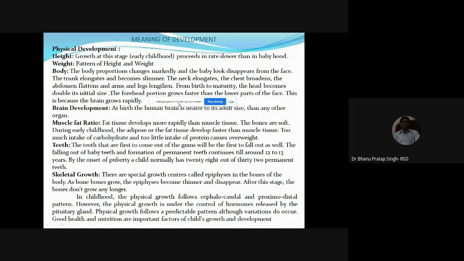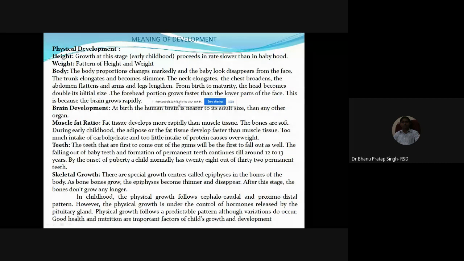because in childhood physical growth follows two patterns. One is cephalocaudal and proximodistal. However, physical growth is totally based on heredity and